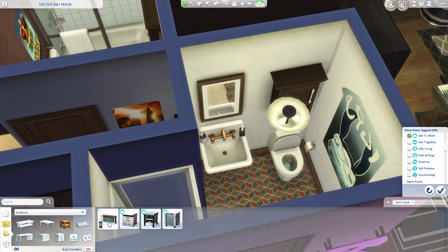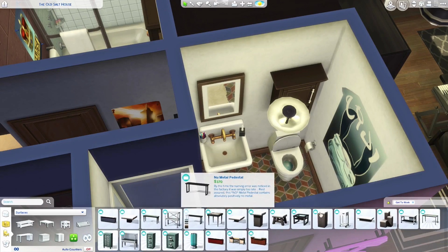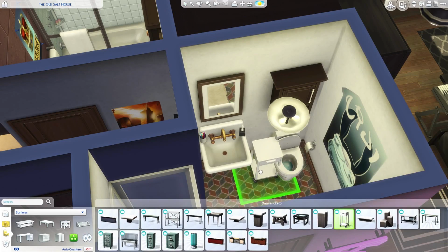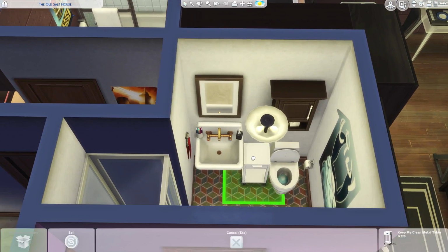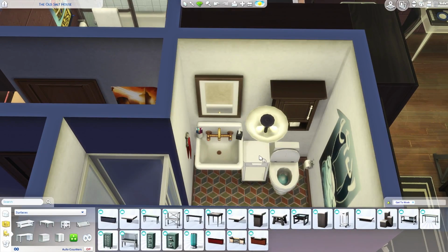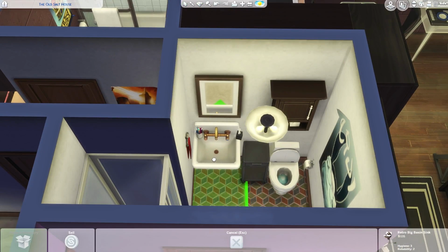Okay, so Get to Work. I think that was in miscellaneous. Yeah, it was this thing right here. So that definitely is a cool idea for this, and just adds something a little different here. Okay, so we'll stick that in there. I think we'll change the color of this to black. And we can move the sink over just a little bit